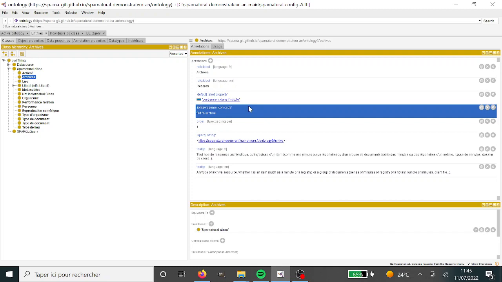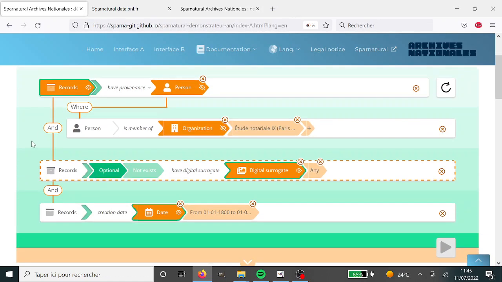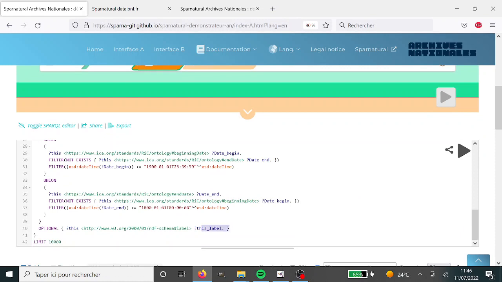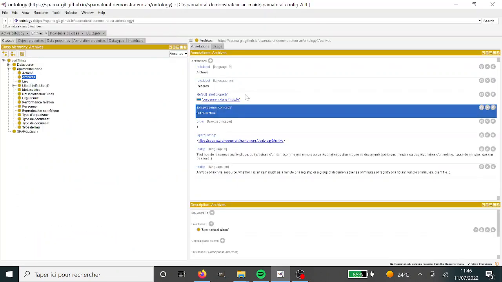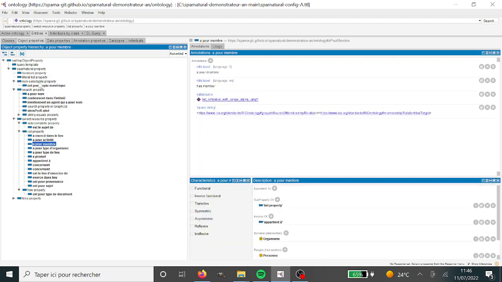And here you see an additional configuration called default label property. This is used when we're selecting the records here and through the eye, then automatically Sparnatural will insert an additional line to go and fetch that property to be able to have the label of the thing and not only the URI. And so that's the default label property, and whenever it's configured, then automatically an additional line in the SPARQL query will be inserted. So that's for the classes, and then we have the properties, which are all configured in the